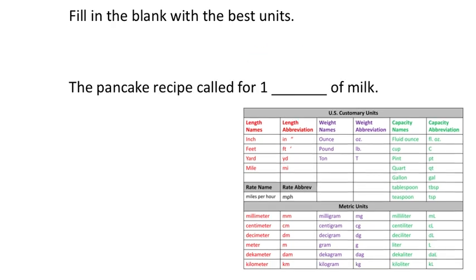Okay? All right, so there's our chart still. So we're going to fill in the blank. The pancake recipe called for 1 blank of milk. Or a couple cups of milk. We're going to go with cups on this. But depending on who you're cooking for or how many people, you may end up using gallons or